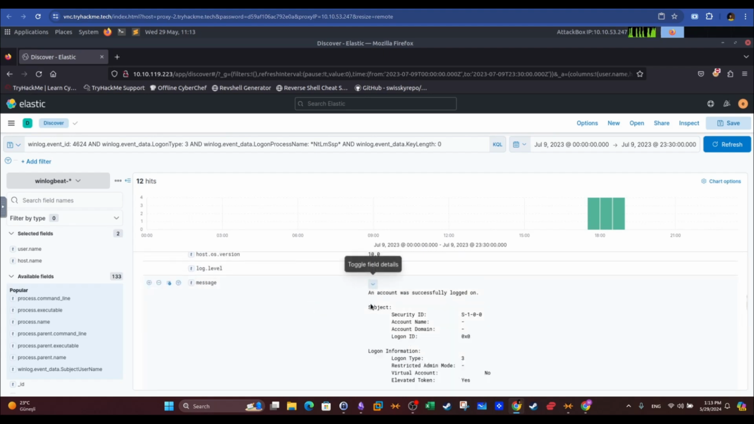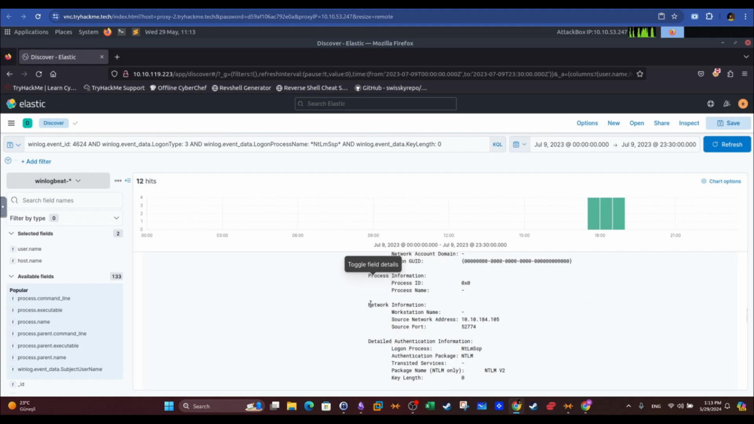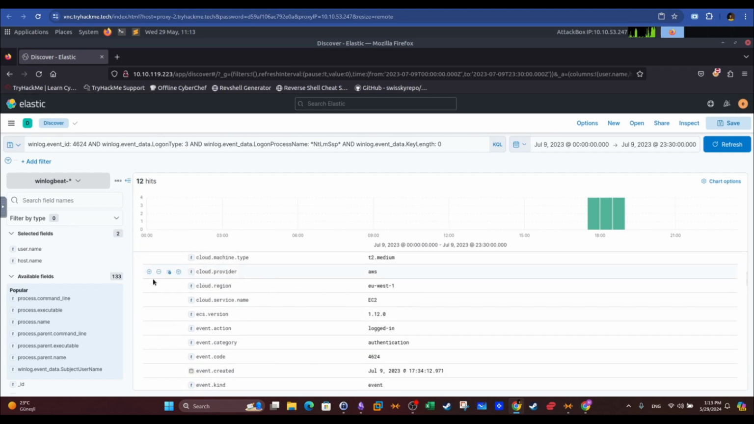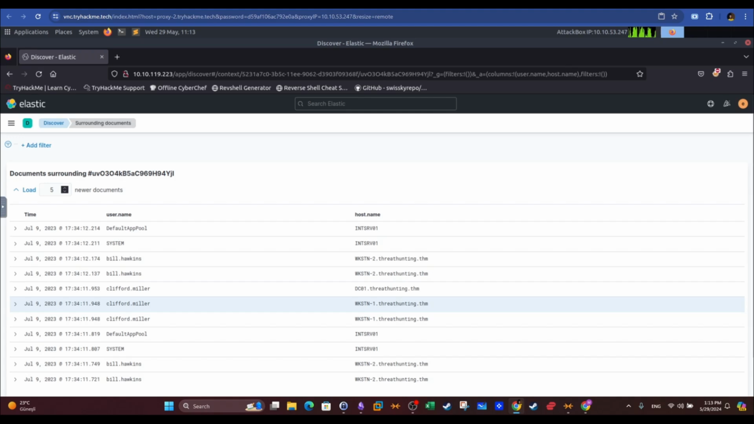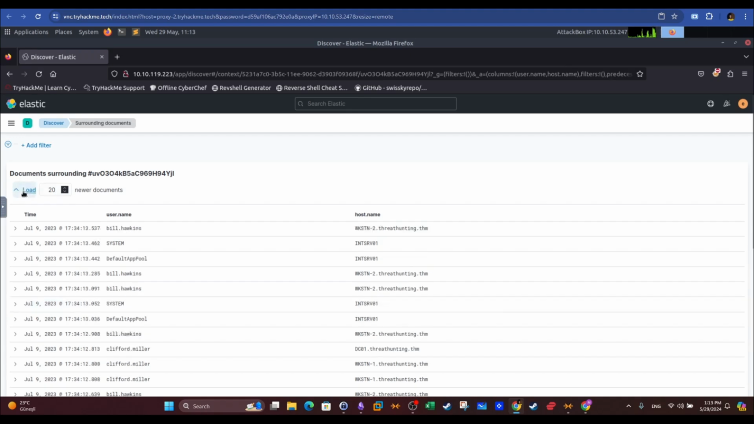Drill down on the event details message, and we can see the source IP address which they used to log in. Now to investigate further, what we can do, we can click on view surrounding documents. Okay, we want to find out the exact command that the attacker used to launch pass the hash. So here we're looking to increase the number of documents to 20,